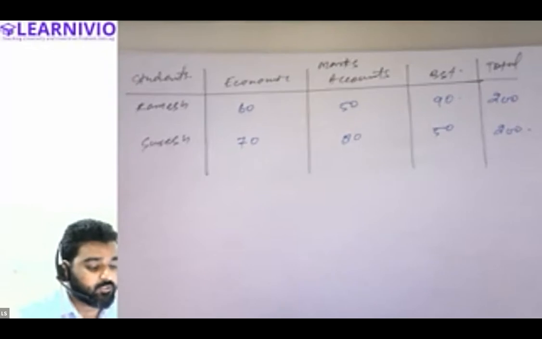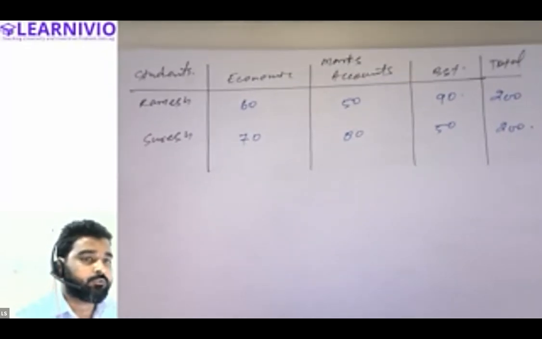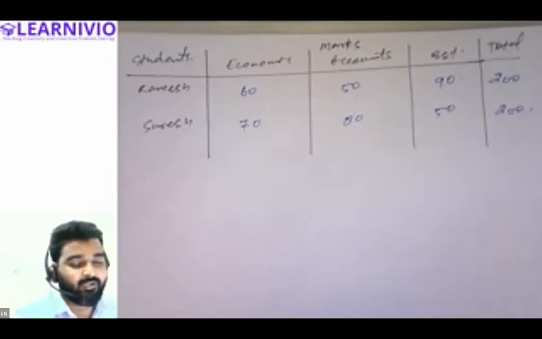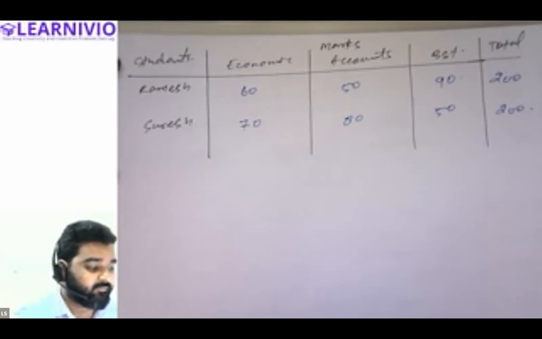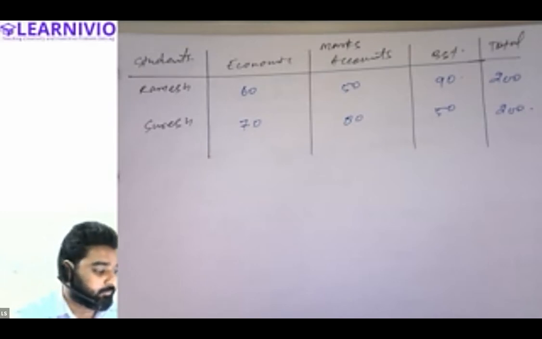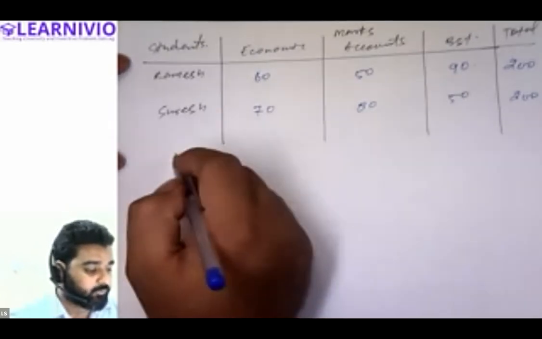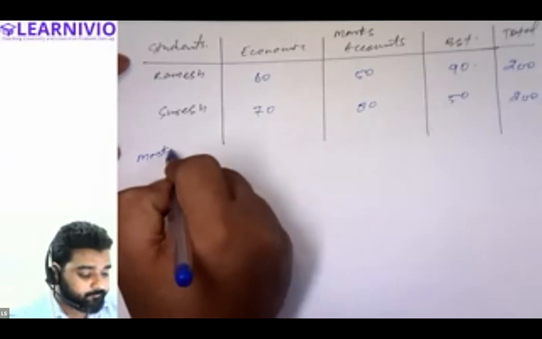All right, everyone, this is the question. And on the basis of this question, we need to prepare the percentage bar diagram. So listen to me carefully. In other kinds of diagrams, we were drawing the diagram directly. But this time we'll have to calculate the percentage of different data. Only then will we be able to prepare the percentage bar diagram. So let's first calculate the percentage of all of these data.